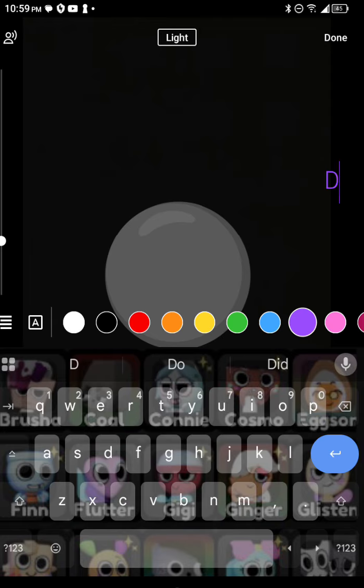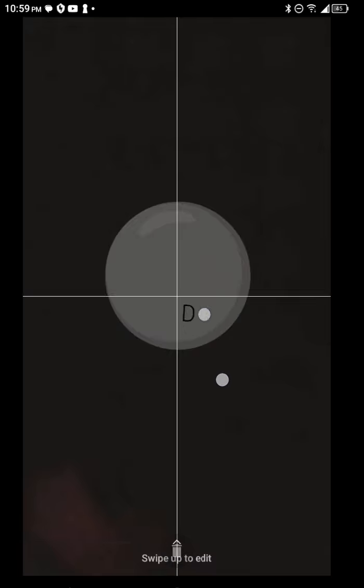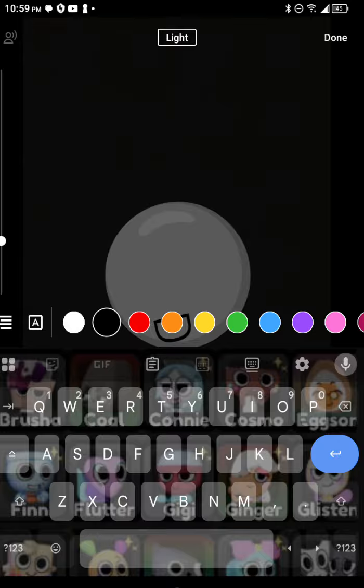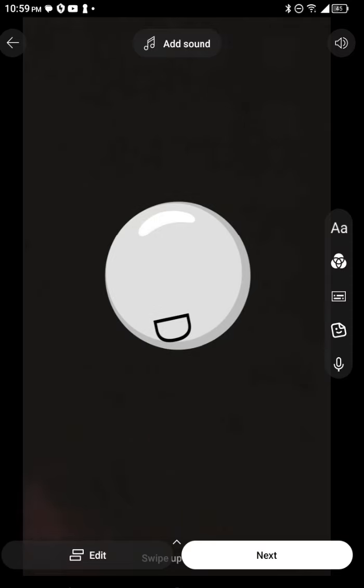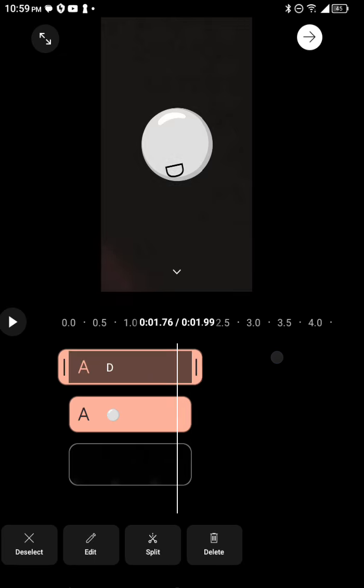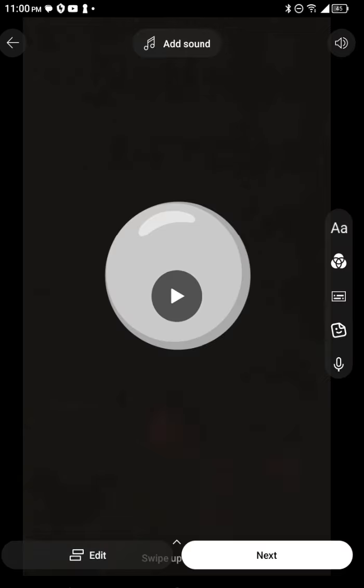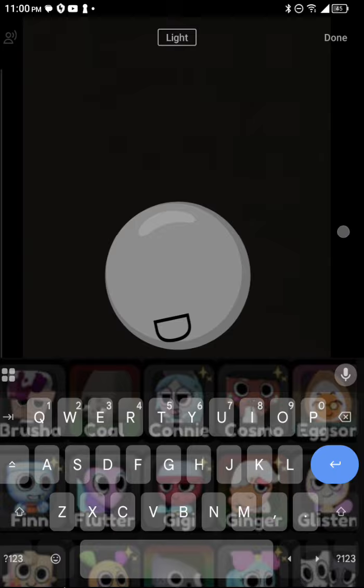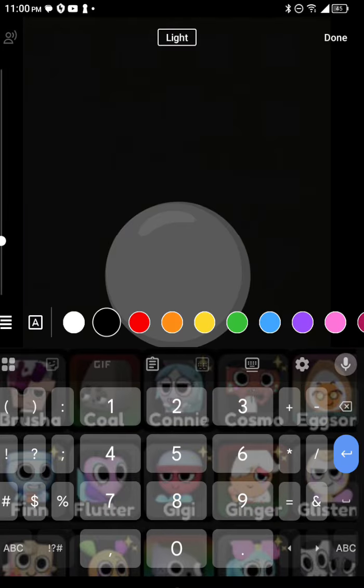Now I'm gonna put this. And then when you go right here, see this, edit, and then you do this. Hold up. So you do this like this. It would come, like, look. See, it comes, and then you wanna put. If you wanna put another one, you can just.